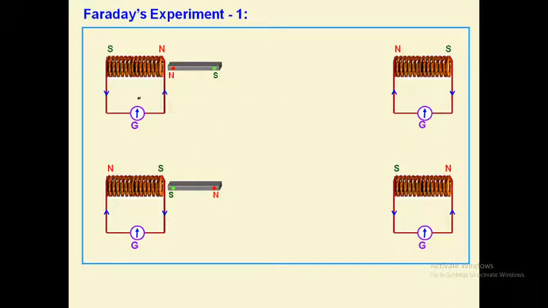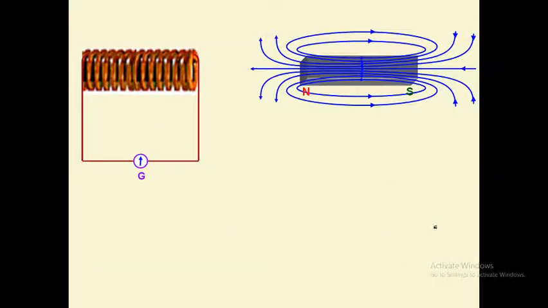If in the first coil the current is in anti-clockwise sense, then in the second coil it is in clockwise. While in example number 2, in the first coil the current is in clockwise sense, while in the second coil the current is in anti-clockwise sense. Let's see some more experiments. So what conclusion can you draw from here?